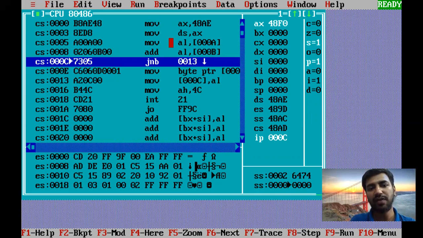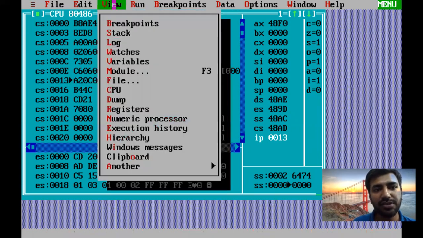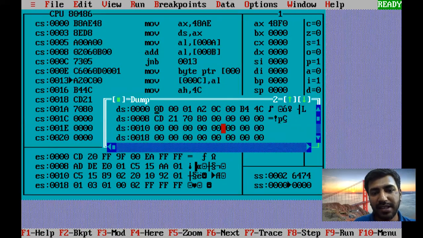There is no carry, so I will skip this, and I will move the AL data into C. So before running this instruction, you just check the dump: your 00C is empty. This location is empty. Let's run function F7. Have you seen it updated? You can see it updated.